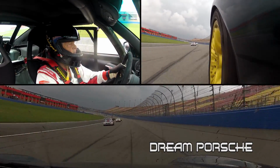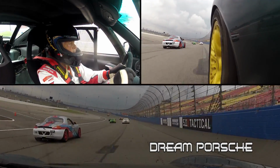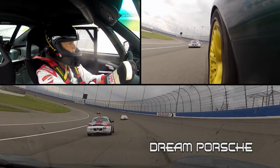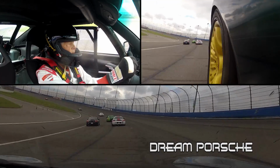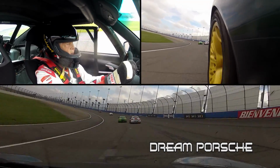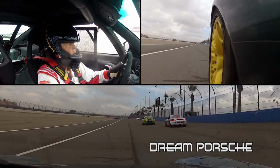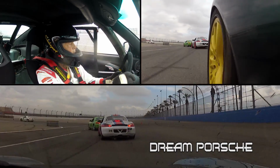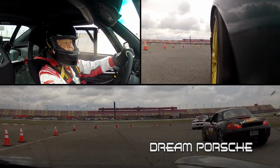fourth gear, fifth gear, and back to fourth gear. Actually back to fourth gear because it puts me in a higher power range of the engine. I keep the throttle down, never back off at all, and exit that turn at about 145 miles an hour. Now it's a short straight once again. Brake down to 30 miles an hour, make the left turn hard at 3, the right turn hard at 4,